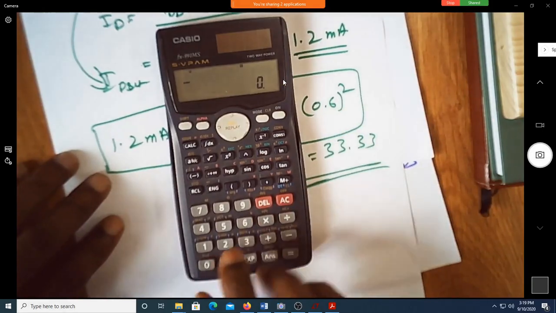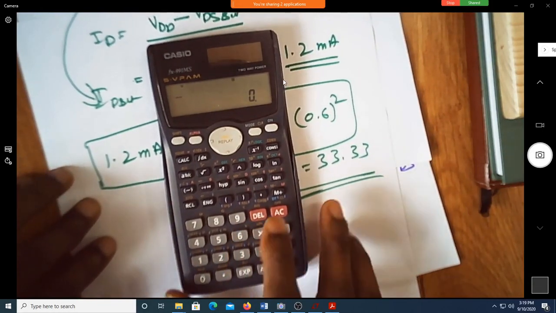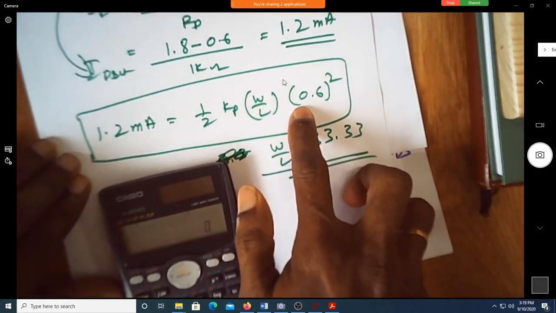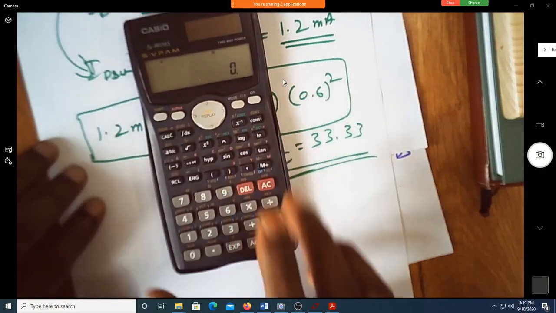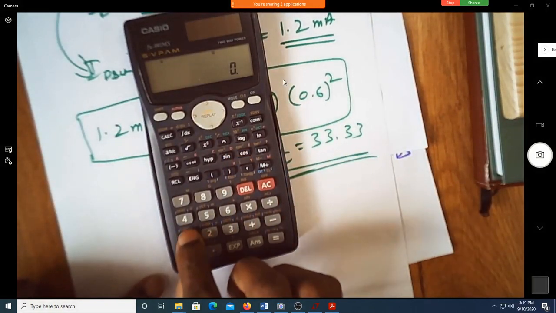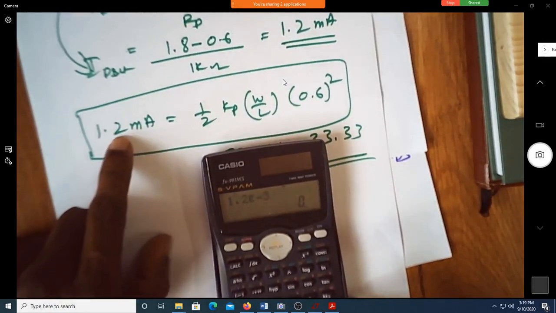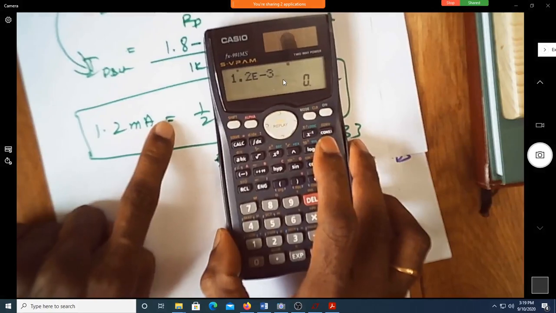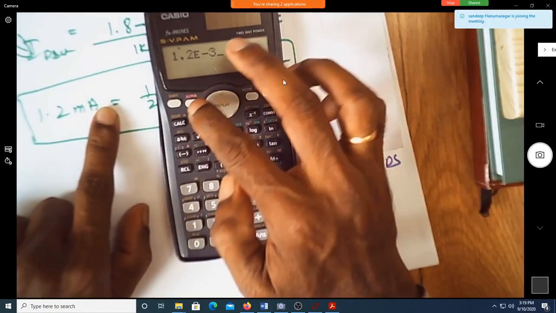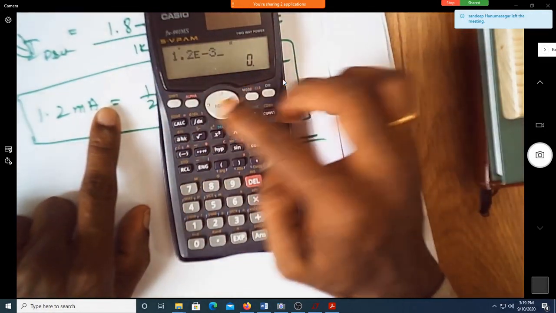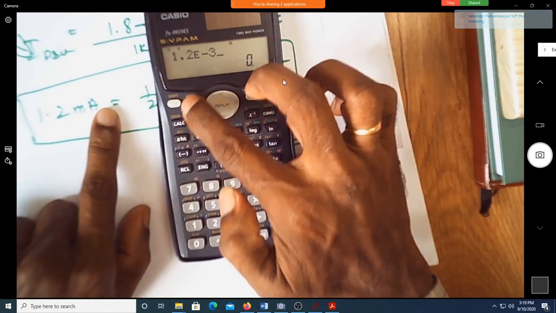Okay, now you can see. I will use this equation as it is and then calculate what W by L is. So let me start. I'll type 1.2 exponential minus 3, because that is your 1.2 milliampere. This equals, for all of you who have this type of calculator, there is something like alpha. Alpha equals,